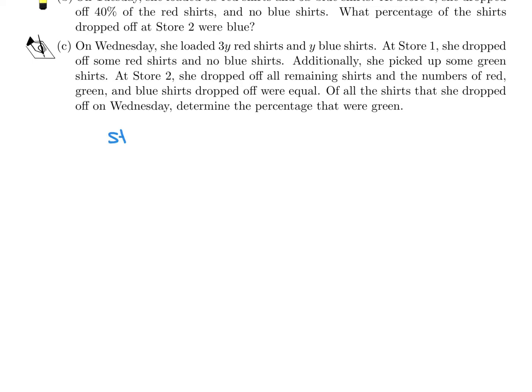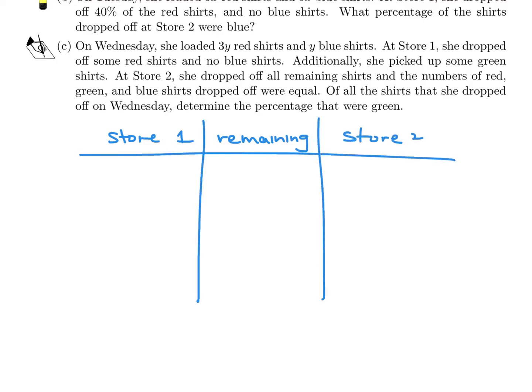So store 1, and then we'll talk about what is remaining, and then, of course, what is dropped off at store 2, which is what is remaining. So at store 1, we initially dropped off some red shirts. Now, I don't know how many, so I'm just going to say X. Now, what's remaining then is 3Y minus X, because we initially had 3Y for the red. And then for the blue, they're saying it's Y, and for the green, I don't know, so I'm just going